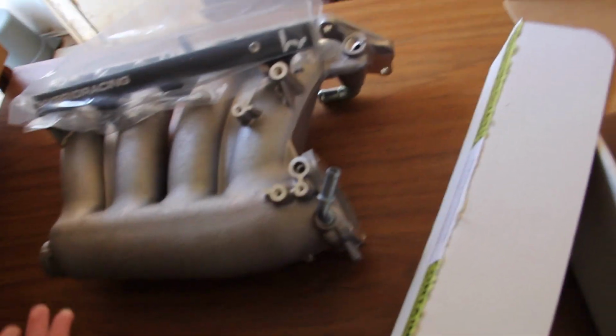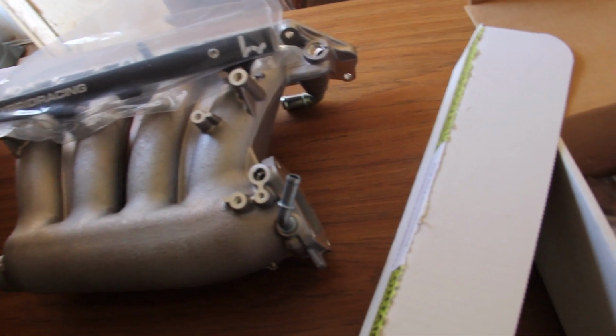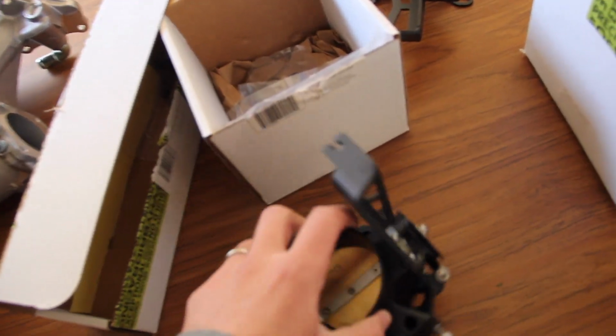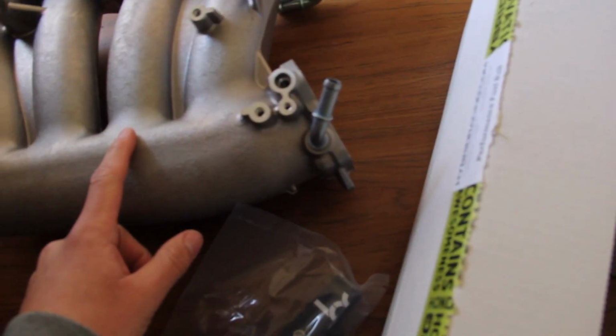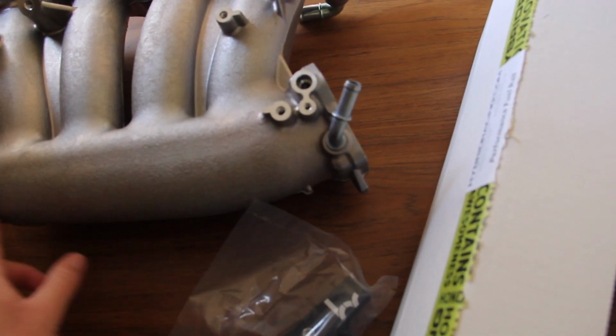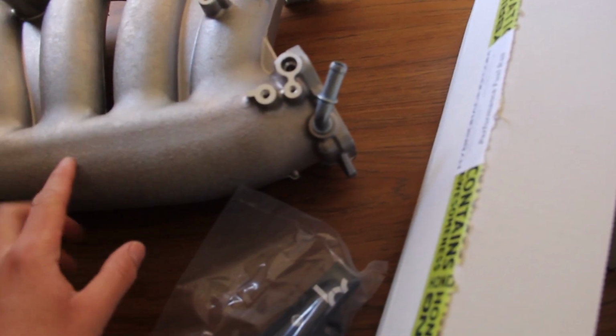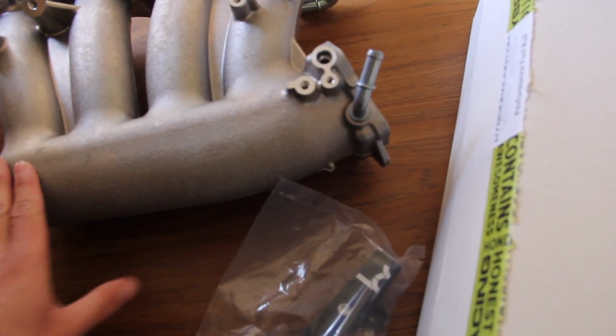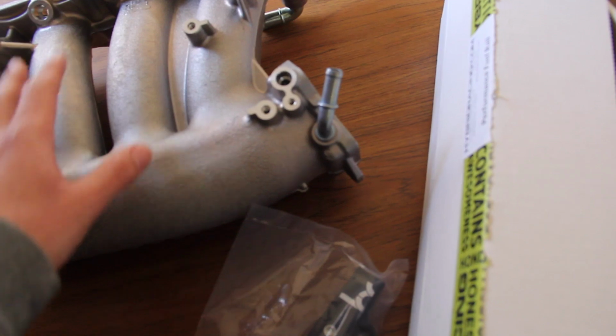So yeah, in one of my last videos, I had talked about me getting this RBC, and I wasn't sure what I was going to do with it. But yeah, now I figured it out. What I'm going to be doing is putting this throttle body on. It's a 70mm. So I'm going to be porting this thing. I'm not going to be cutting it from here and doing the whole boring inside, because I feel like it's a bit too much. If I were to cut this and get it all bored out, then I have to shave down the welds,